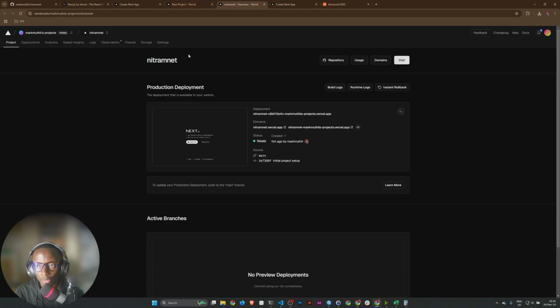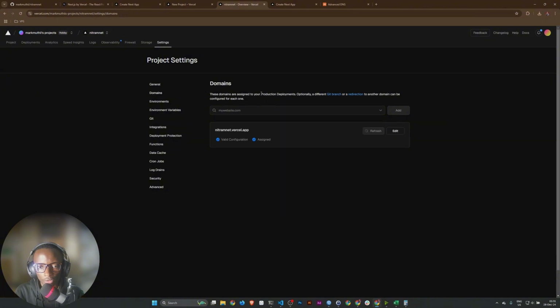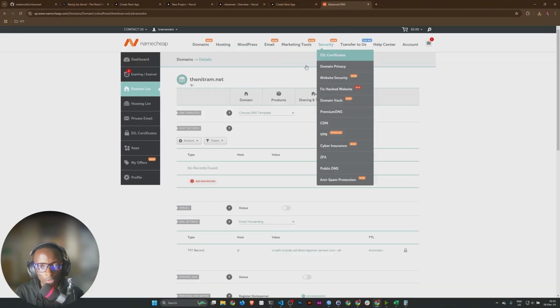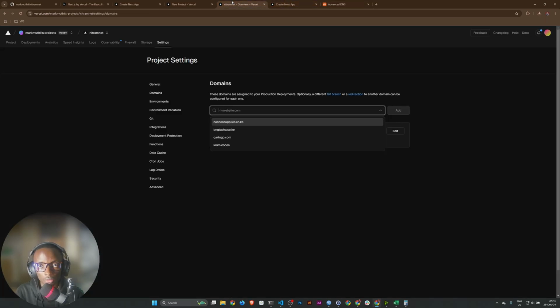Then coming over to Vercel, there's the settings. Already there's a domain that you get, but it's a .vercel.app. You get a subdomain on the vercel.app domain. But if you come here and you go to domains, you're able to add a domain. So I'll just take this because I'm too lazy to type. Paste it on there.